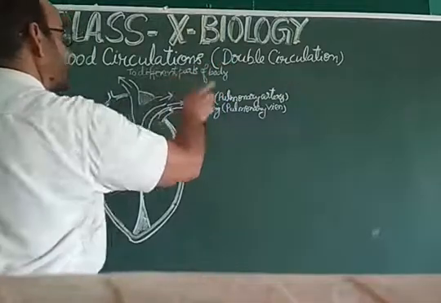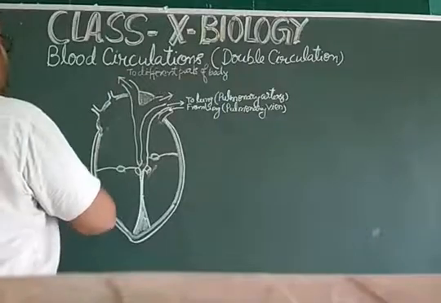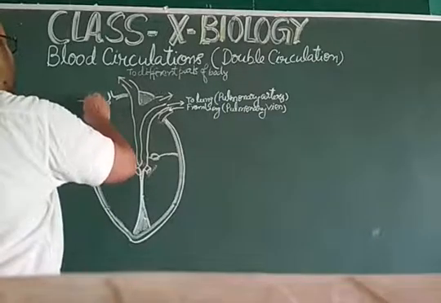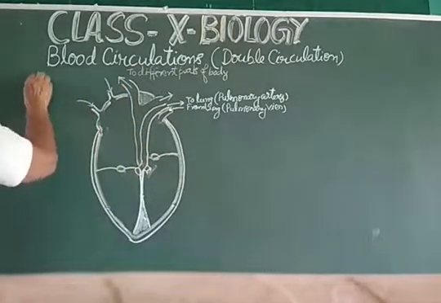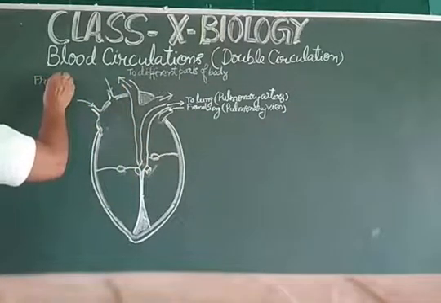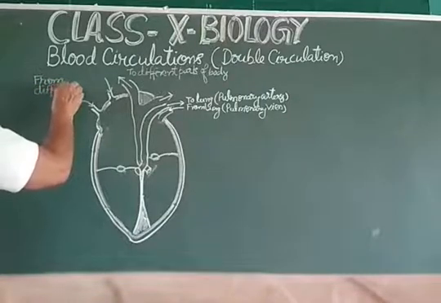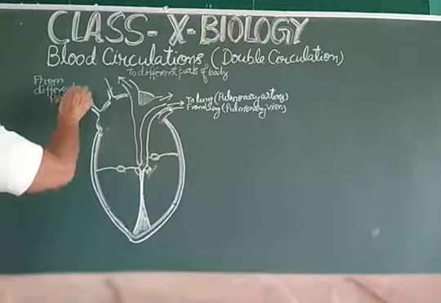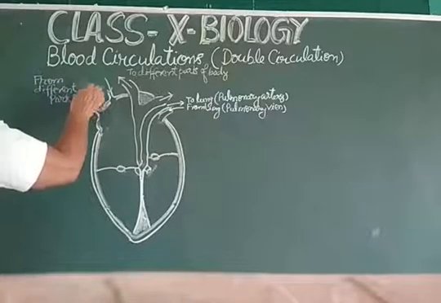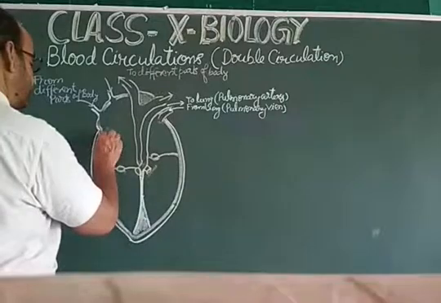So these are two types of circulations, and from different parts of the body. So dear students, this double circulation can be explained as this is RA,